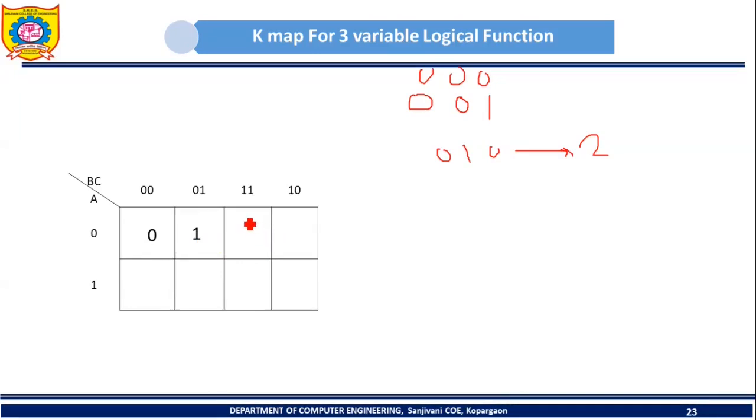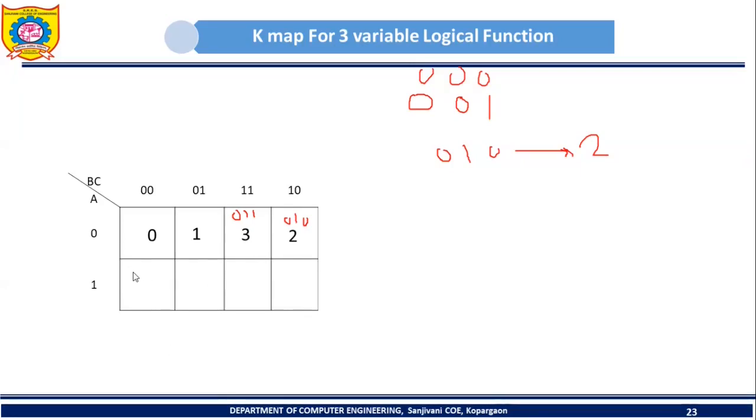No. What is the input combination corresponding to this particular cell? Yes, see, A is 0, okay, and B and C, they are 1 1. So is it 2? No, it is 3, right? Now consider this cell. For this cell, what is the input combination? A is 0, B is 1, and C is 0. So 0 1 0 means 2. Now see, here we will have 2. Okay, so I can say that this is the cell which will correspond to input combination 2. Then this cell will correspond to input combination 3.